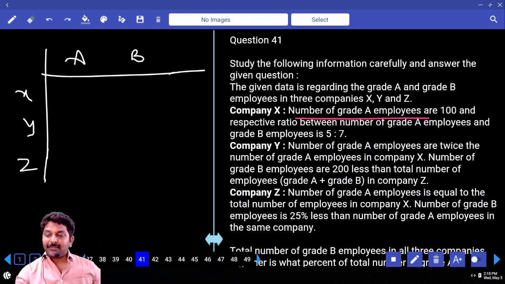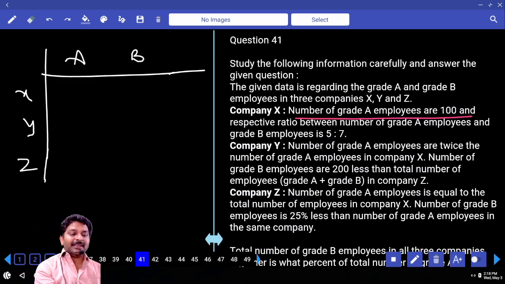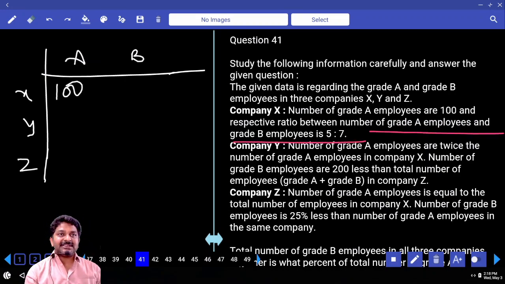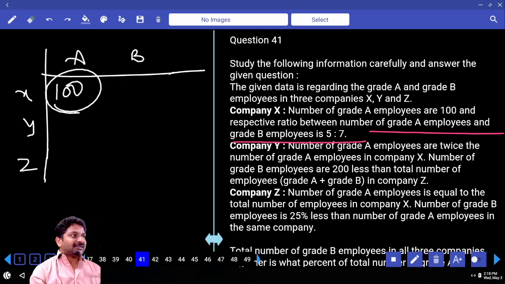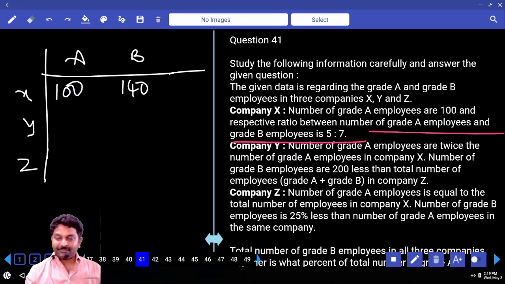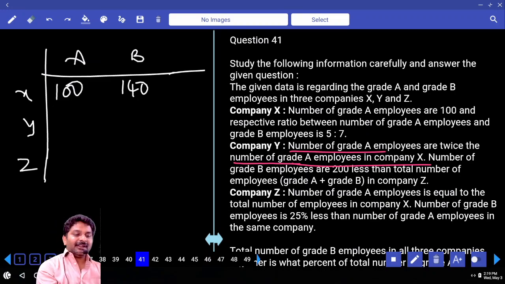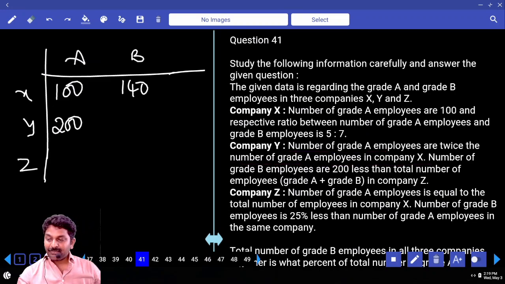Anyway, let's start. Number of grade A employees are 100 in company X. The ratio between grade A employees and B employees is 5:7. This is 5 parts, which means 1 part is 20, and 7 parts is 140. Perfect. Continue. Company Y: grade A employees are twice the grade A employees in. Stop. Company X grade A employees are 100. Twice. Okay, continue. Number of grade B employees are 200 less than total number of employees in